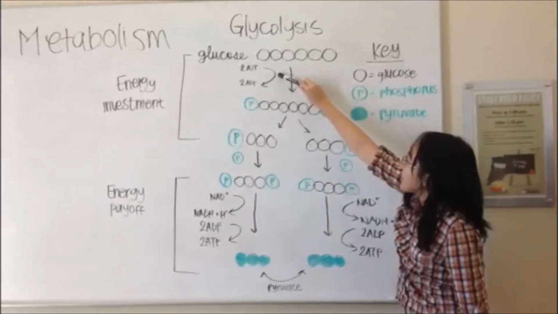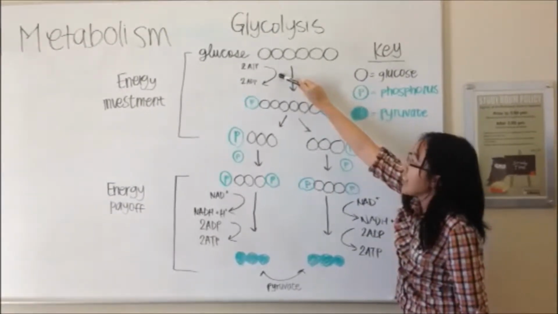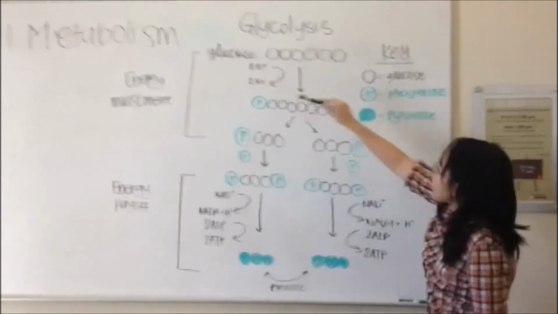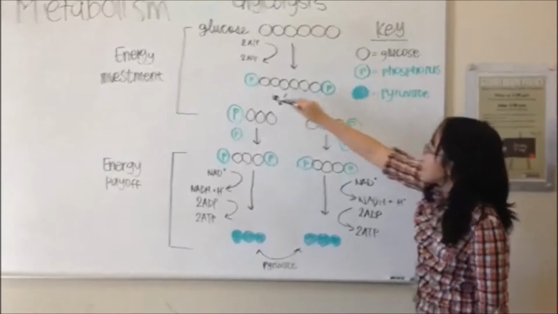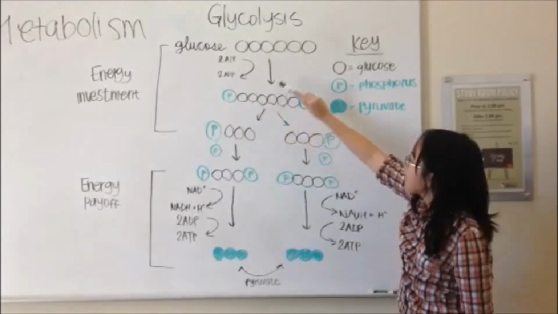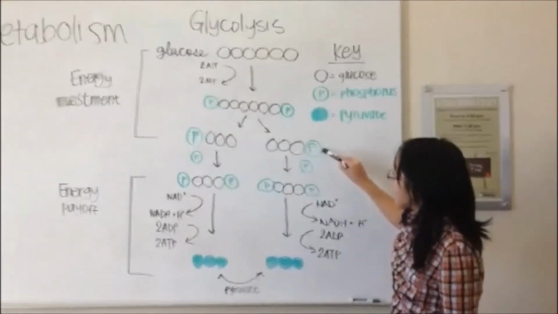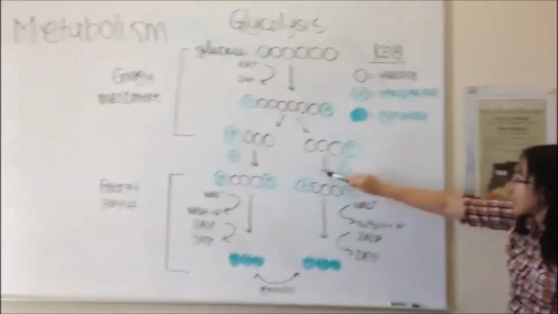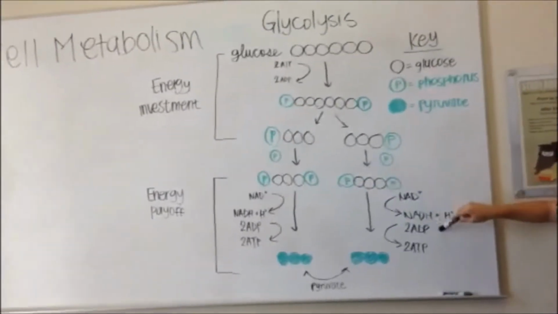So then you dephosphorylate ATP, 2 ATP into 2 ADP. Phosphate groups are added to each end of the glucose molecule. The glucose molecule is split into 2 molecules, each with 1 phosphate group. 1 phosphate group is added after